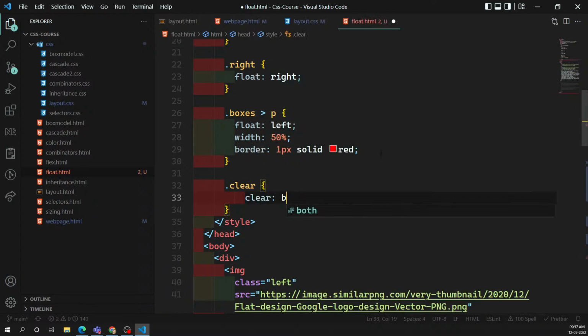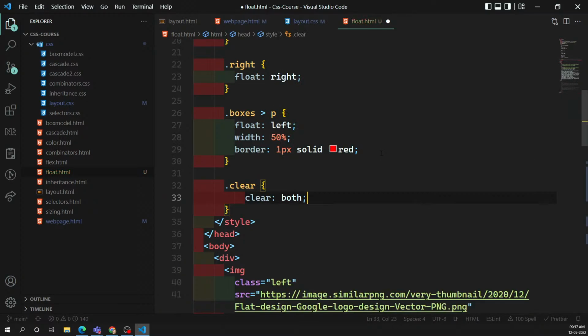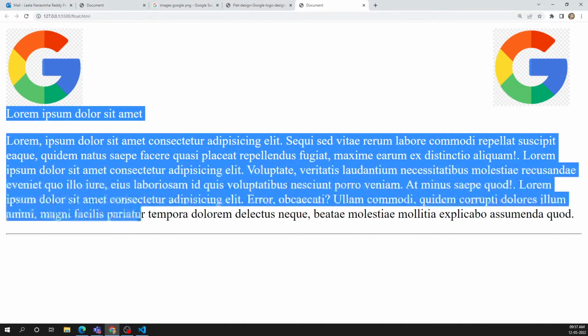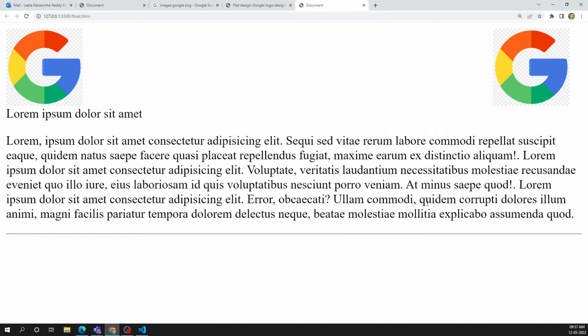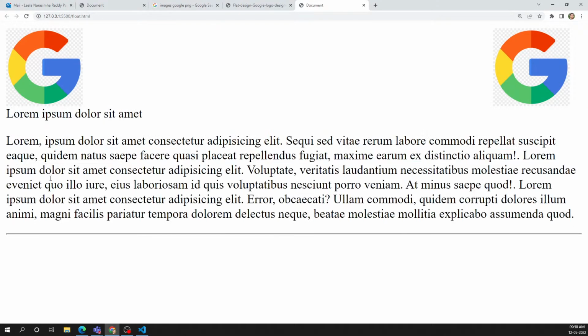So here you will have options. Which one do you need to clear? You need to clear left or right or none. I want to clear both left and right, both elements are there. I am trying to clear both. Now if I clear both, see, the p tags came to the normal situation, their default behavior, as block level elements. Previously the paragraph content used to float around the images, but what I told